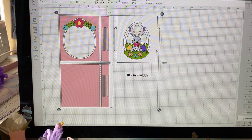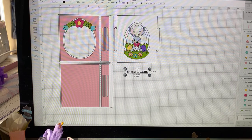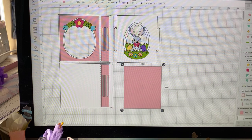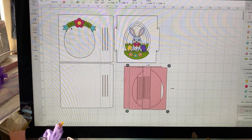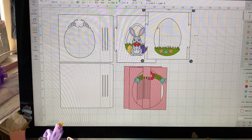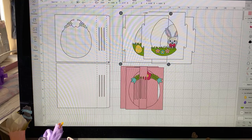So whenever you bring in a file like this, you're going to want to ungroup it. And there are some things, for instance, that you don't need, this is just to help you. You can just move it away. And then what we're going to do is find the pieces that have these dashed cut lines in it. I don't think any of these have it. No. So we have two pieces here that have these dashed cut lines so that we can fold them, and they can be used for